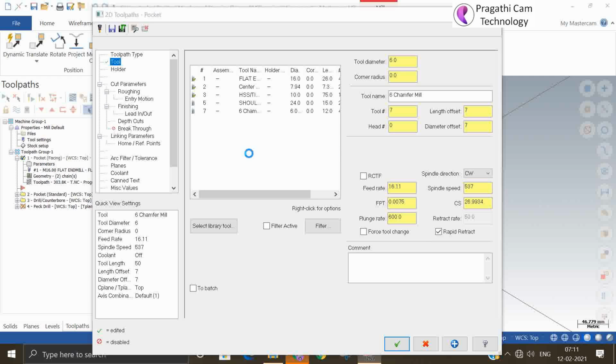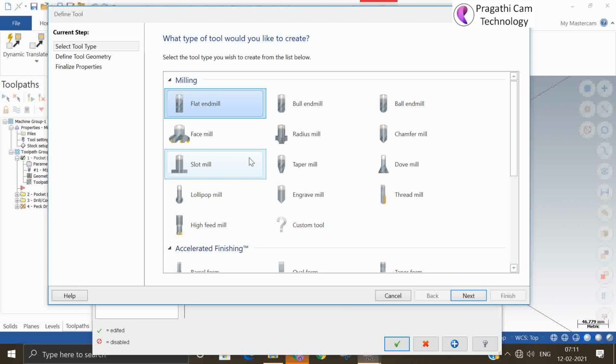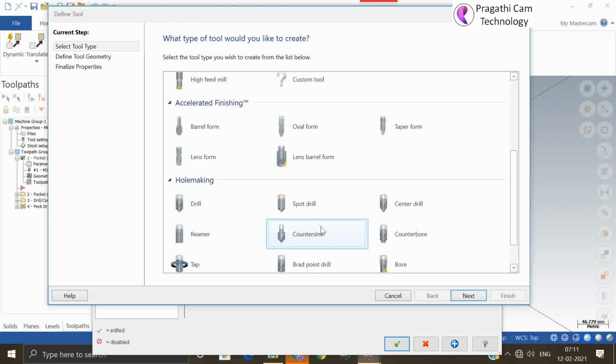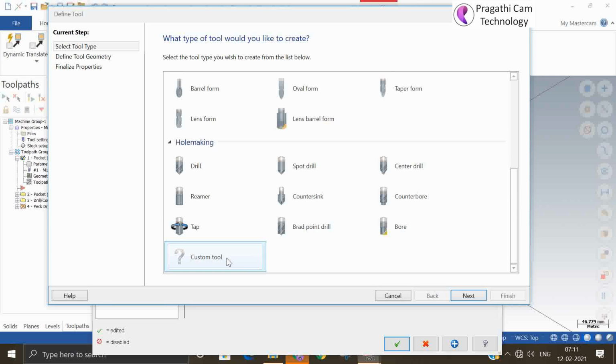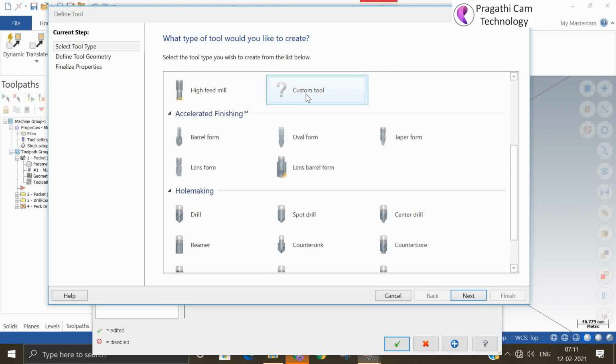You can create your new tool here. So these all are the standard tools. Suppose other than this, there is a custom tool also available. Suppose this tool does not come under the standard tools.